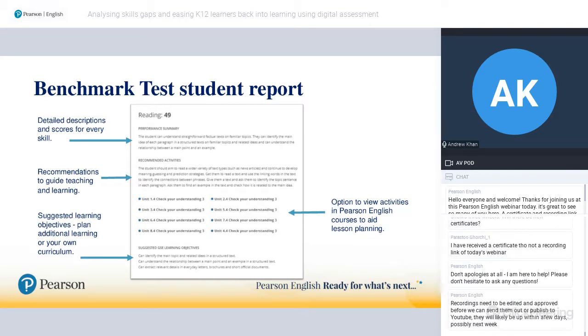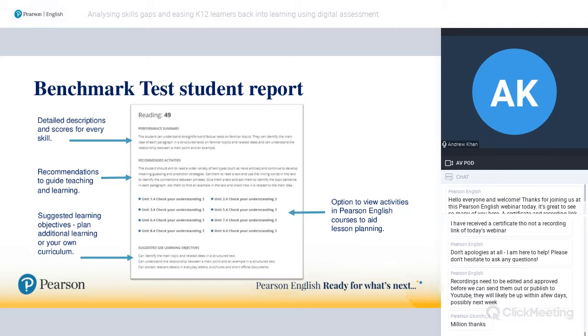So it saves a lot of time, saves a lot of running about for the teachers. You don't need to be searching through all your textbooks. It will tell you which exercises can be used with this learner to improve the skills that they need to improve. And of course, there's also the GSE framework in the background. So you have can-do statements throughout, much more detailed can-do statements, many more can-do statements than CFR, that will tell you what that learner might be wanting to focus on next to improve their reading score for the next time they take that test.